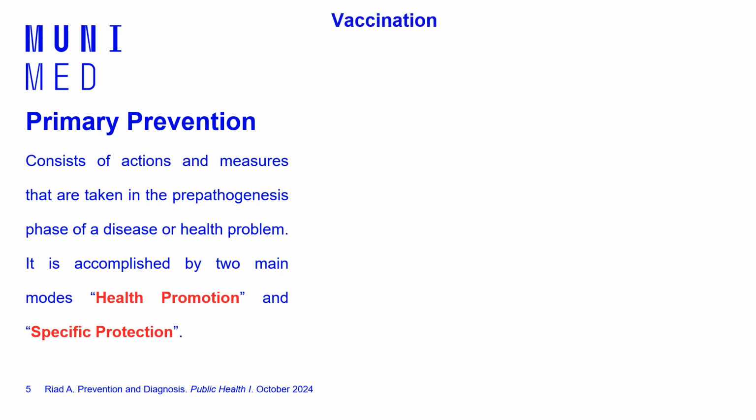Okay, so vaccination, for example, is, as I said earlier, one of the very good examples for primary prevention. We have different types of vaccines, like childhood vaccination, which is the group of vaccines recommended at the national level for children from day one until the age of 18 years. Sometimes it's less than 18, but this is the maximum. The number of required versus recommended vaccines for this population group significantly differs from one country to another, and you have to review the recommended and required vaccines in your country when you start to practice your profession.